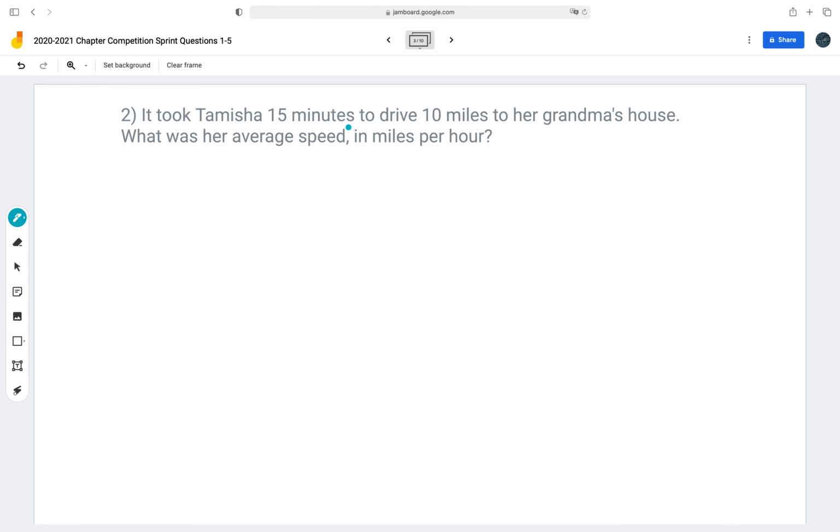Question number 2. It took Tamisha 15 minutes to drive 10 miles to her grandma's house. What is her average speed in miles per hour? All right, so what do we know? 15 minutes. Well, miles per hour. So Tamisha did 10 miles